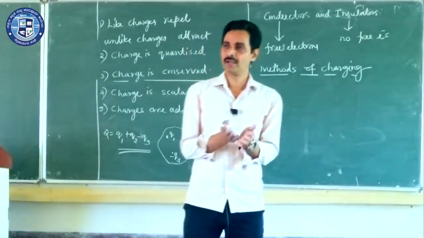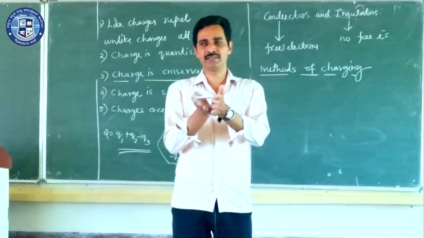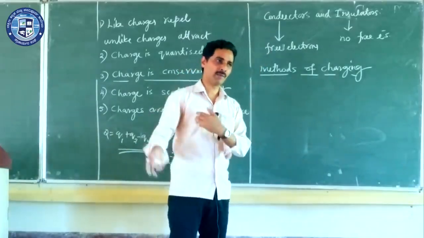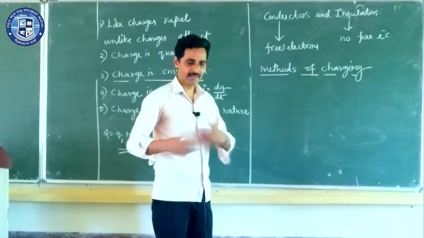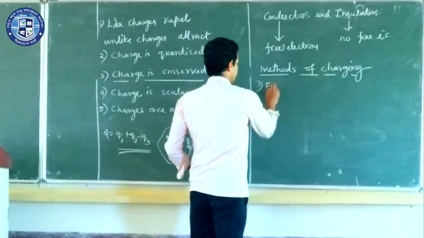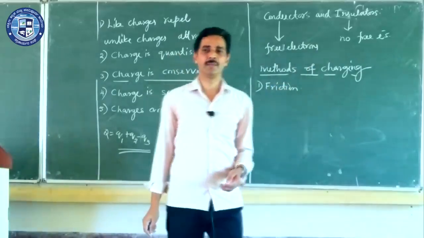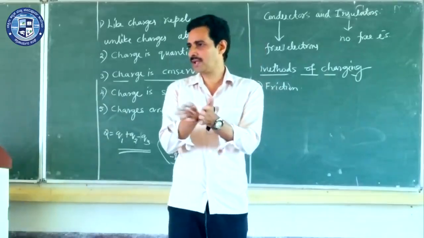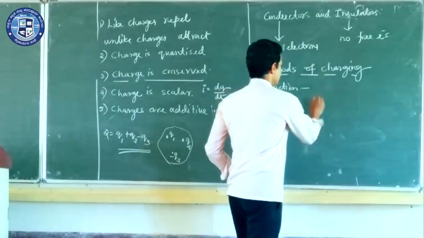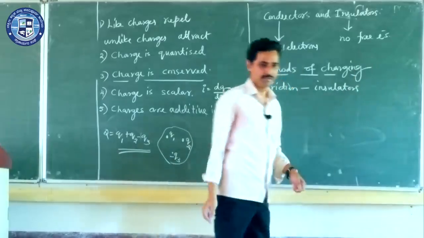One thing we have seen, rubbing. Rubbing the two things against each other. When you mechanically rub the two things against each other, mechanical energy is converted into heat energy. That energy gained by the electrons will come out. So that will share the electrons from one body to another. So that gets charged. So we call it friction. Friction is the method of charging a body. One method. Rub the things against each other. But remember, in friction, you can charge insulators. Insulators can be charged by friction.